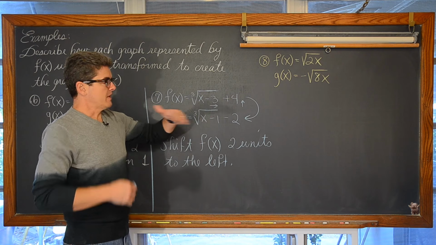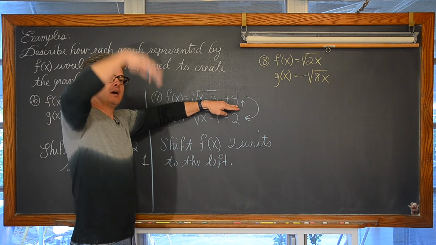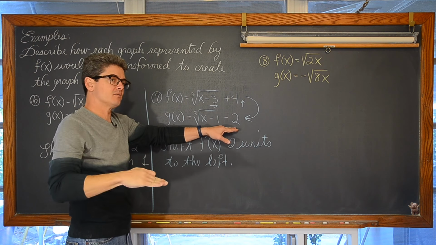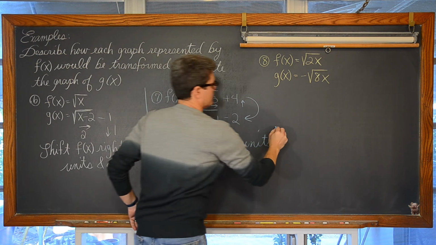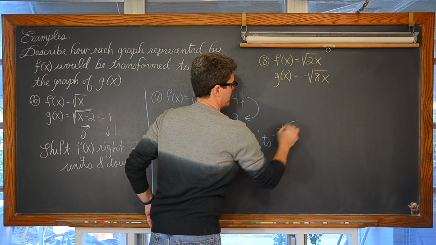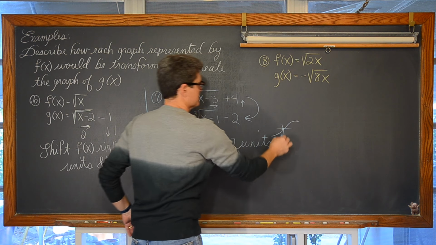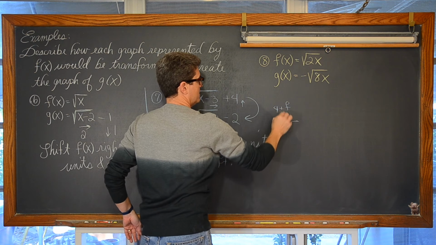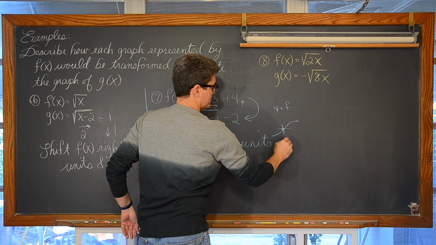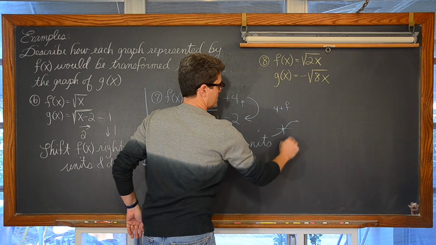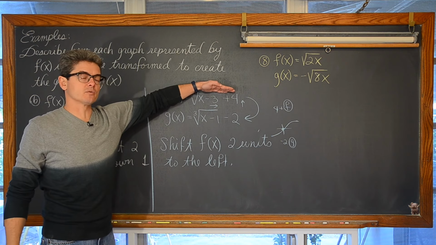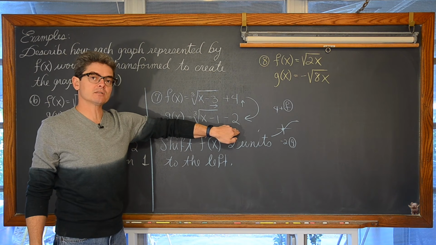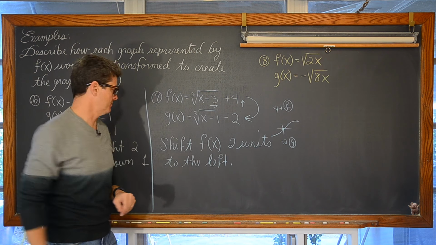Now, again, from that parent function, f was moved up 4, but I want to actually not go up 4, but down 2. So what's the difference from that 0, 0, remember that parent function going through 0, 0, instead of going up to 4 for function f, we want to go down to -2 for function g. Well, that means I'm going to have to push this original function f with the transformations already in there down 6 units to get from 4 to -2.